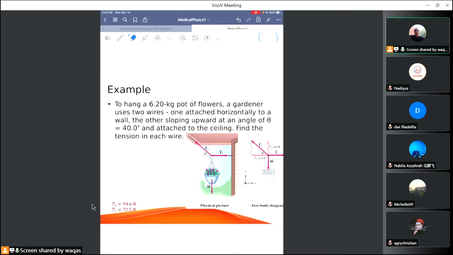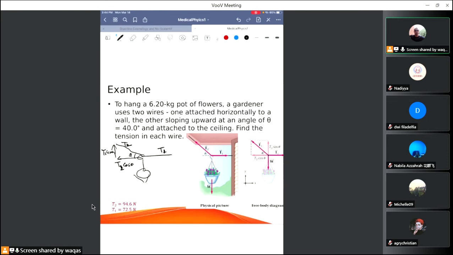Okay, I can explain again. Basically, this is some string, and then here we can put a hook and attach a basket of flower. So on this string here we have a tension T1, and here we have a tension T2. We need to find T1 and T2. You can see that this is a small angle theta. So we can say that this is T1 cos theta. If I give this name T2 and this is T1, so this is T2 cos theta, and the component here is